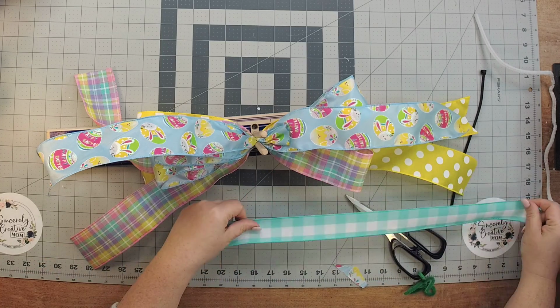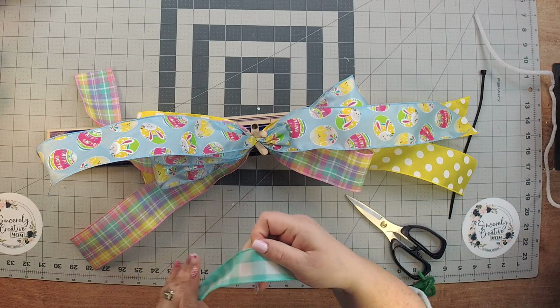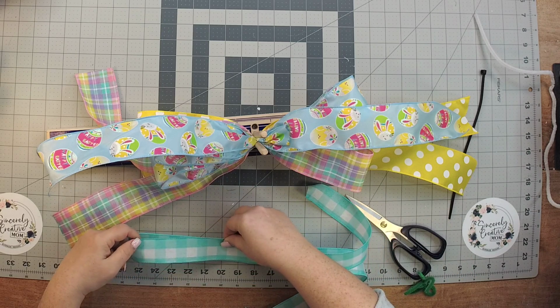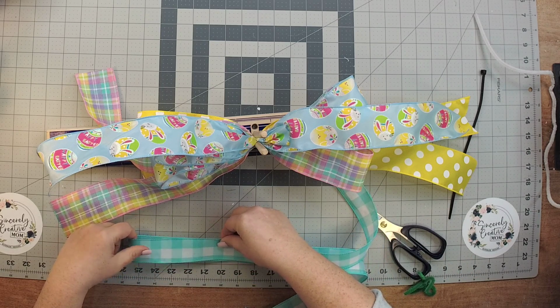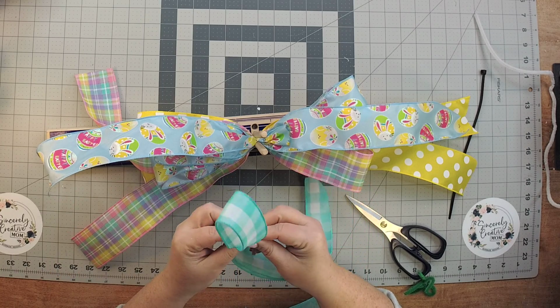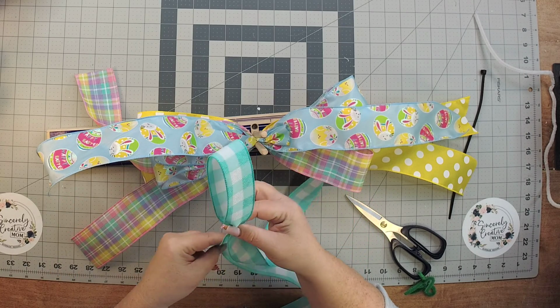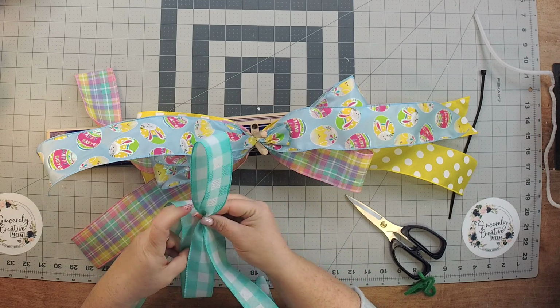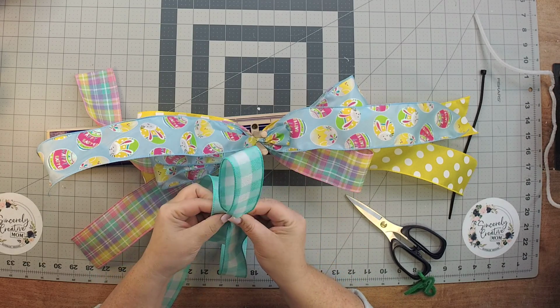So it's still super cute, and it matches very nicely. So we're going to add again 15 inches. Everything's getting a little smaller. I'm going about 5.5 inches now, let's say 5 3/4, mostly. And I'm going to pinch, twist, loop, pinch,